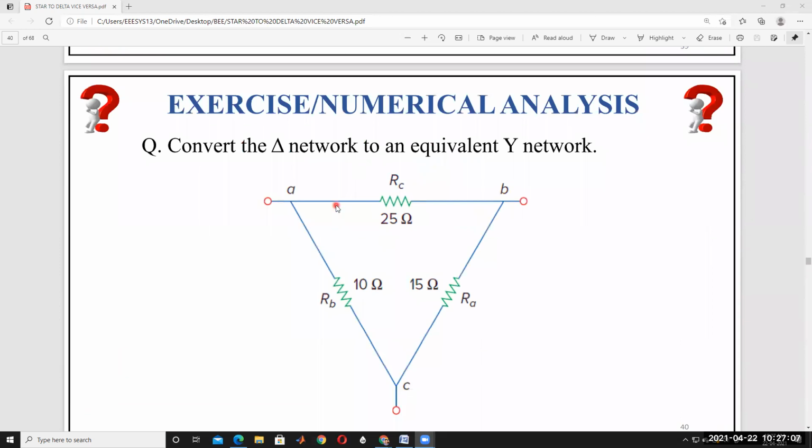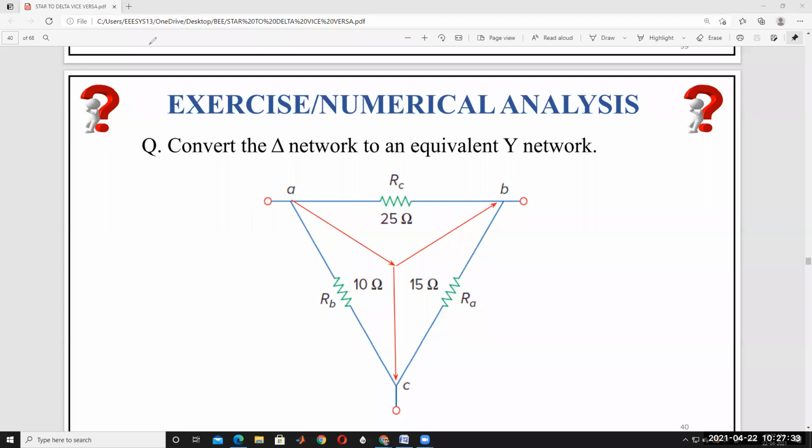Delta network into a star network. So this is called delta network. No? So star network means, so this is the star. Here resistance here only. Star network here. There is a resistance in between these two. Am I right or not?